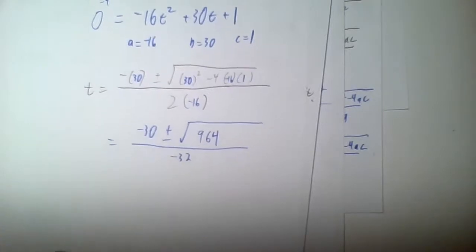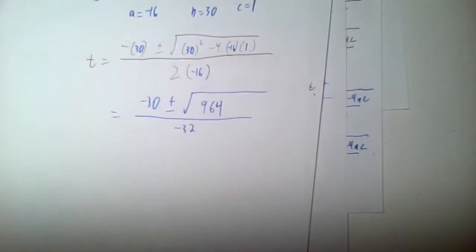So now I don't know if 964 has any perfect square factors. Okay, sorry, I kind of do because it ends in a 4. It's probably divisible by 4, but I'm not even going to worry about that because I want t values. I want the approximate solutions to this thing. So I'm just going to put that in the calculator now. Simplest radical form would come out to the same value anyway. I might as well just do it from